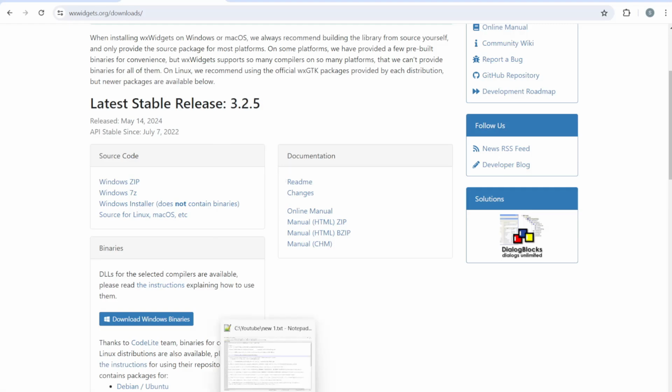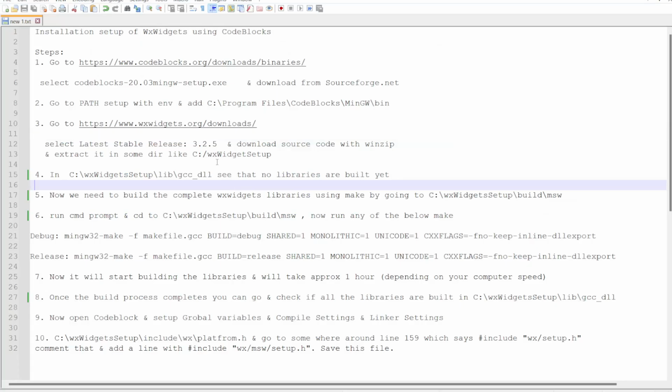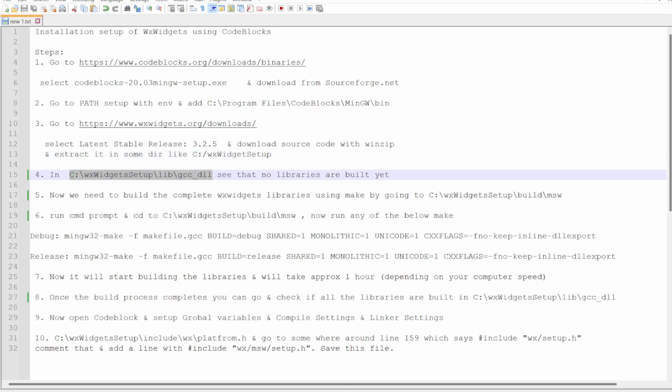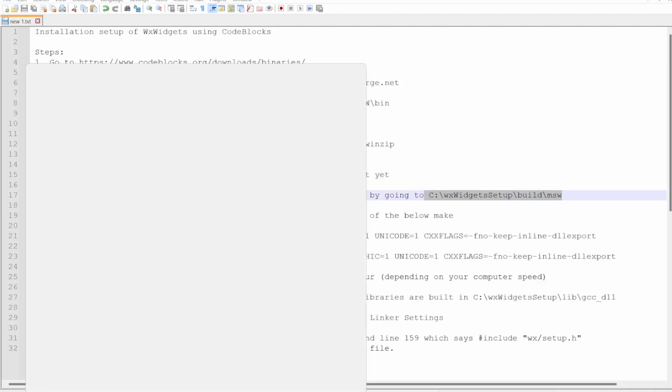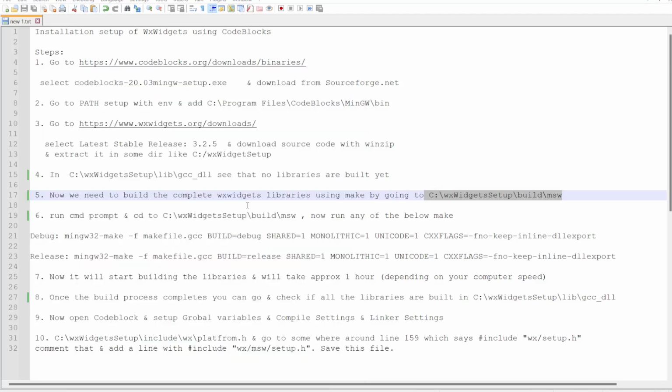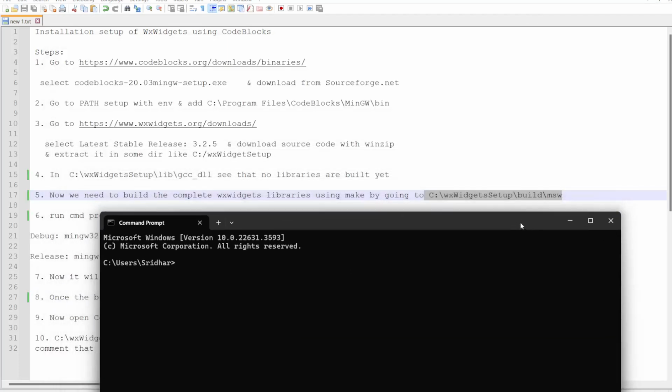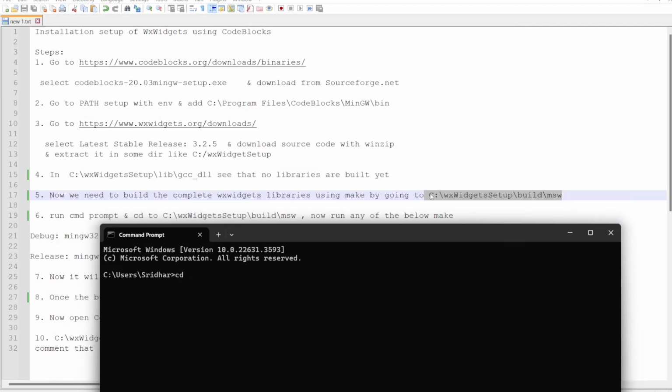Create one directory in C colon and then extract it there. For example, in my case, I have created this directory and I extracted that whole thing in this. Now if you go inside this one and check, you will see there are no libraries because we haven't built it. Now go to this particular directory, open command prompt, cd to this one,